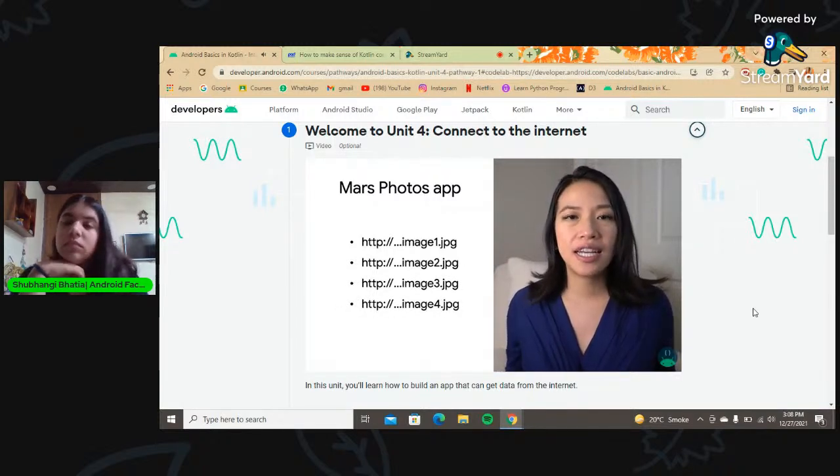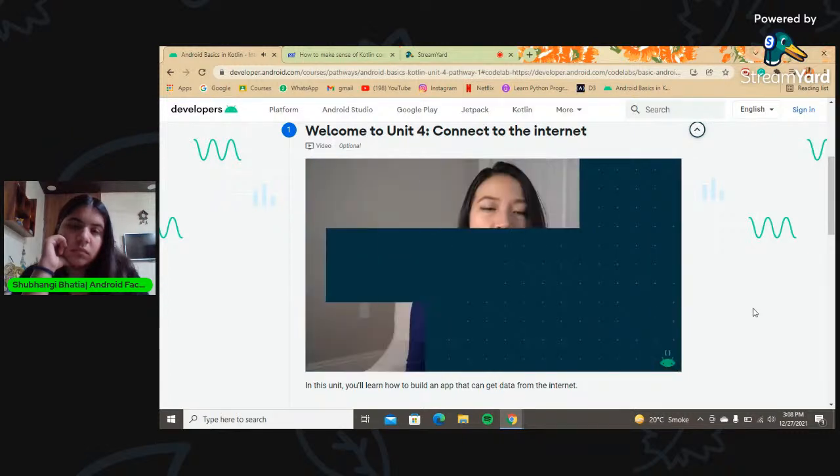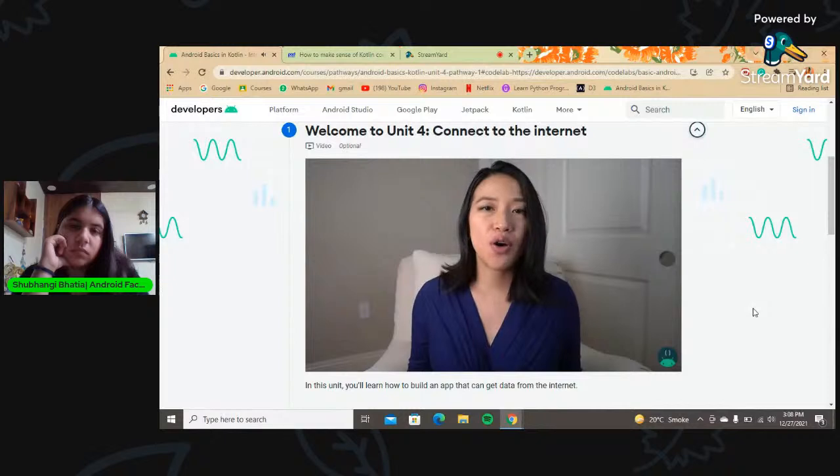This is all text data. The image URLs are not the images themselves, but the addresses where we can retrieve the images from. In the second stage, you will use the Coil library to actually load the images. For each URL, you will make a request to download the image and load it into the appropriate image view on the screen. Before we dive into the Mars app, though, we'll talk about an important part of programming, which